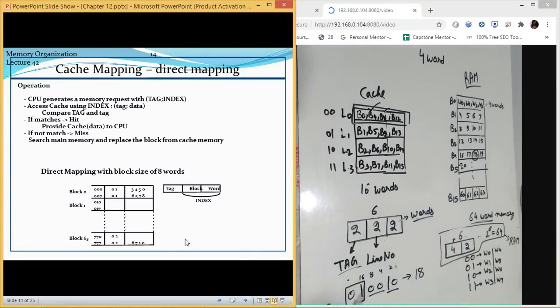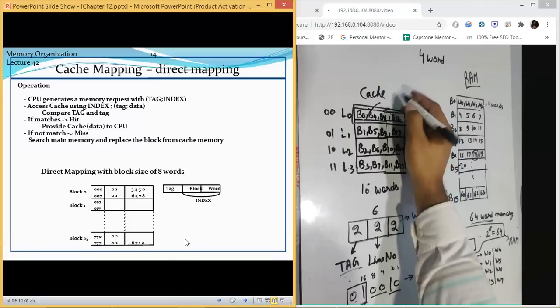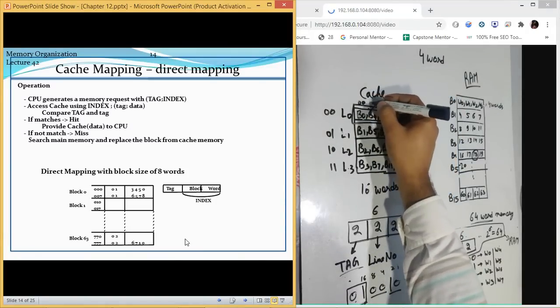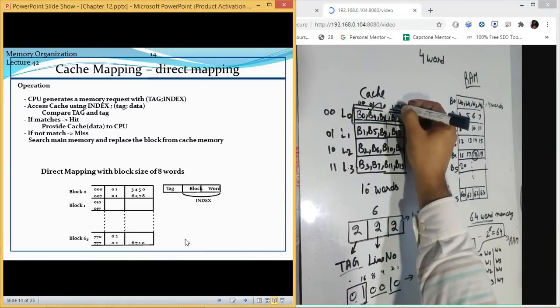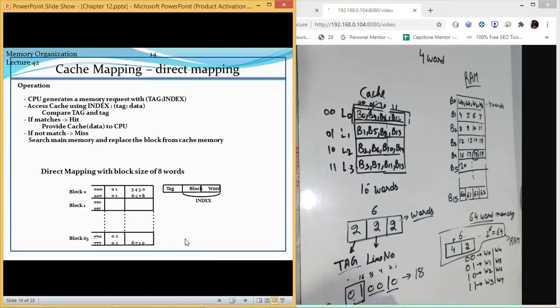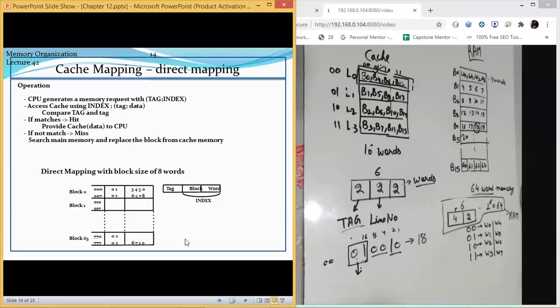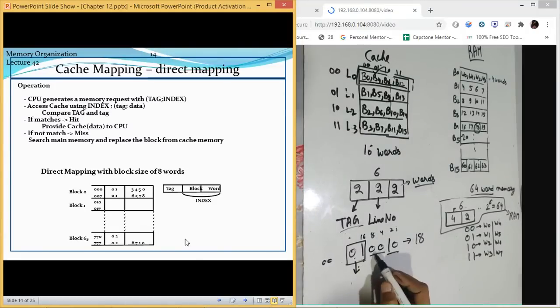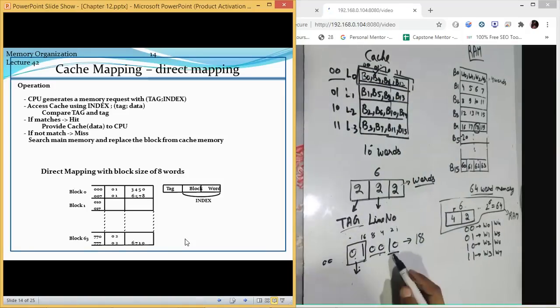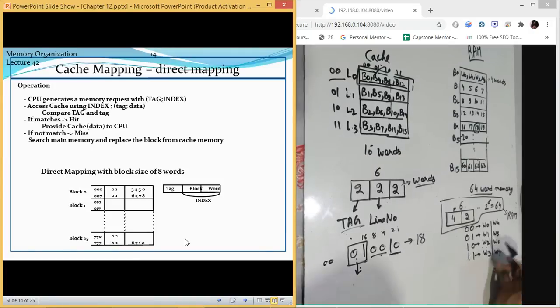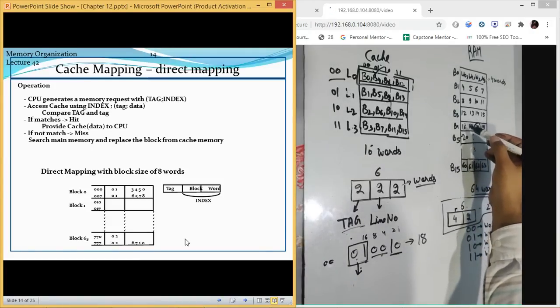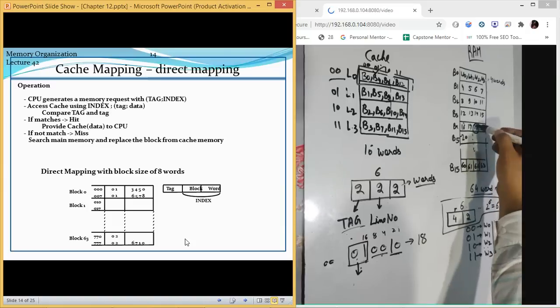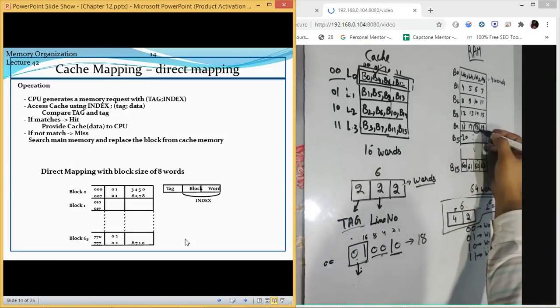So this is telling us which line number it is. This is telling us which word it is. If this is 0, 0, this is 0, 1, 1, 0, and 1, 1. So it is at 0, 1. So 0, 1 is here. Then the line number is 0, 0. And where it is stored is 1, 0. 1, 0 is the third location. This is the first location, first index location, second, and third. So it is present at this place.